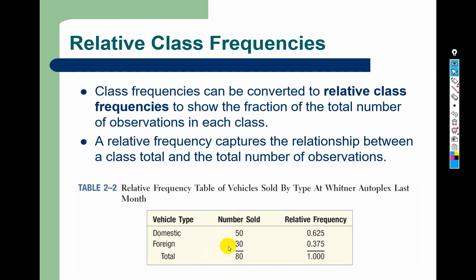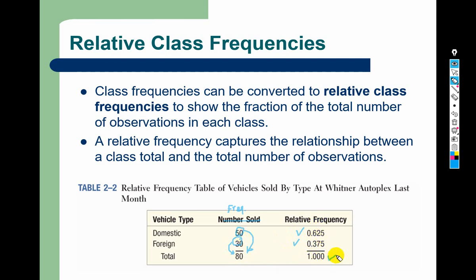So that absolute values, we name that frequency, just writing that as a frequency. But indeed, sometimes we need to show the frequency values relative to the total. So 50 relative to 80, and 30 relative to 80, and relative means you are dividing. So now 50 divided by 80 equal 0.625, and 30 divided by 80 equal 0.375, and the sum of these two values has to be 1 because